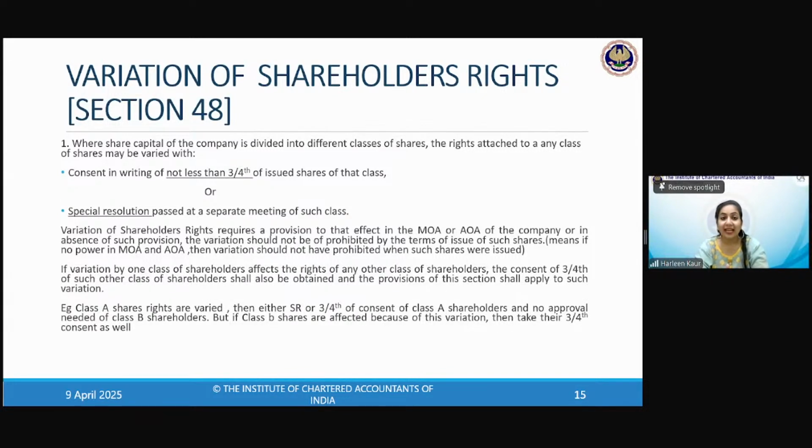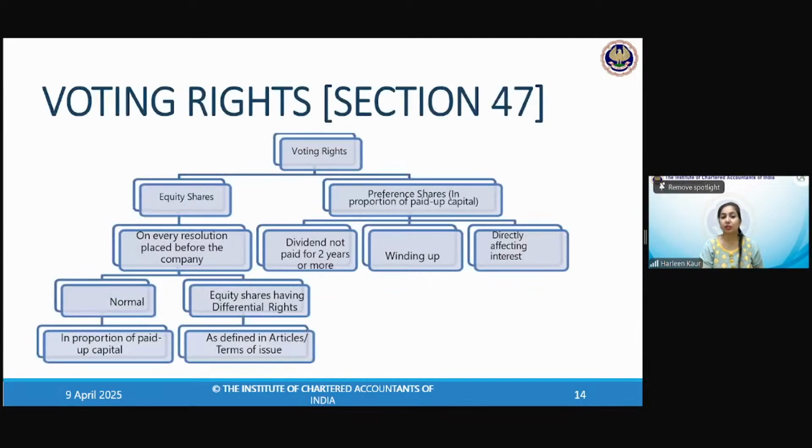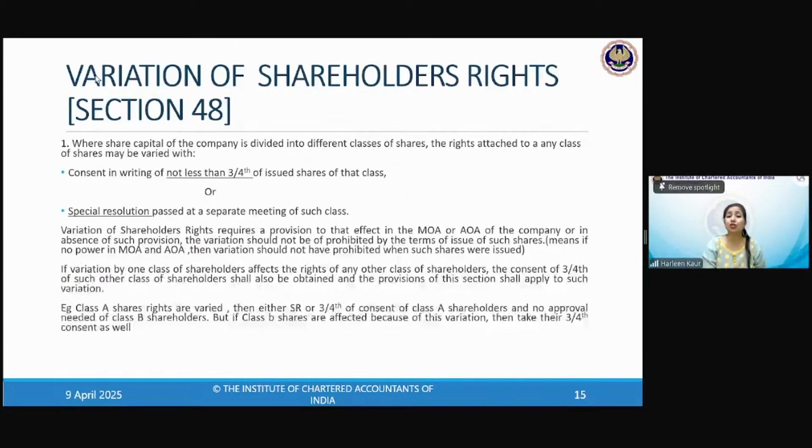There are different categories of shareholders: A class shareholders, B class equity shareholders, or even the preference shareholders as a separate class, and differential voting right shareholders. So there are different shareholders. Now they have been given certain rights, their dividend rights, their voting rights. We just discussed in the previous section 47 their voting rights. Whatever amount of the share capital they have paid up, they will get that much right in the voting of the company. Now, can you change those rights?